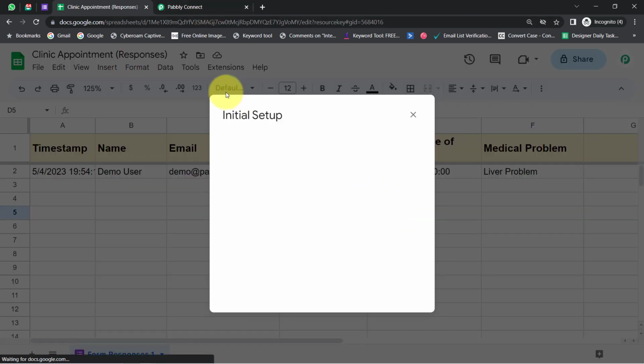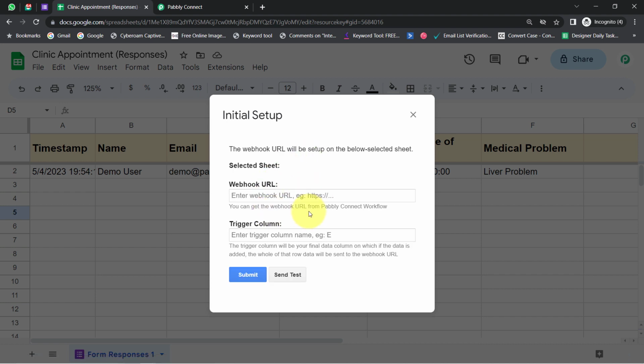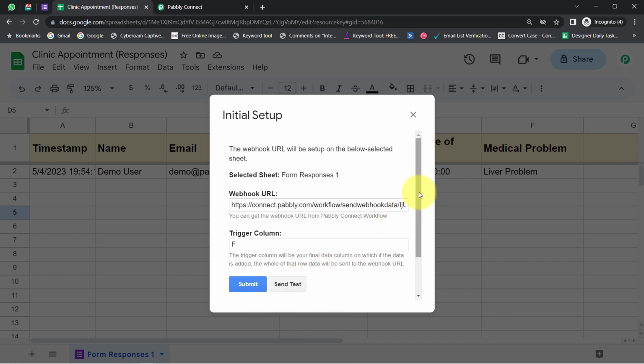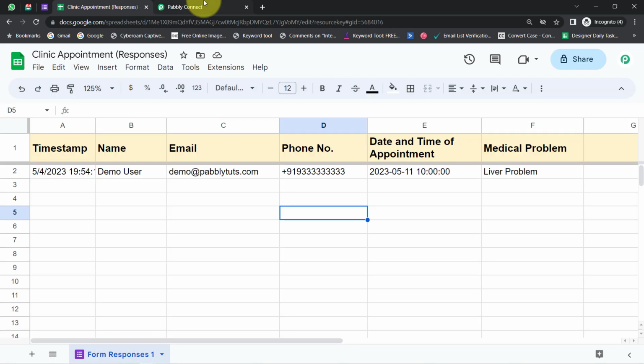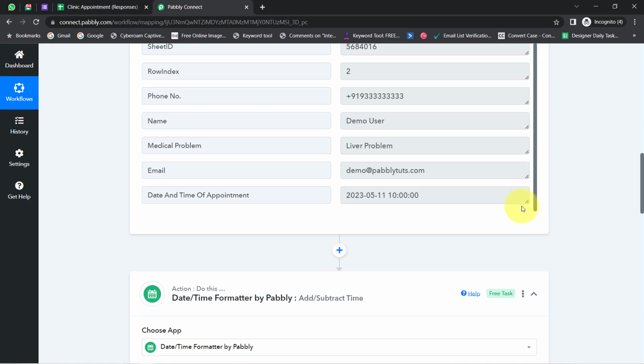Clicking on this initial setup, and then I will be pasting the URL once again just to make sure that it is the same URL. Clicking on this send test button, and you will see the data will get sent automatically once again. Okay, so let me close it. Coming back here, let me check the response, and here you can see we have the format as